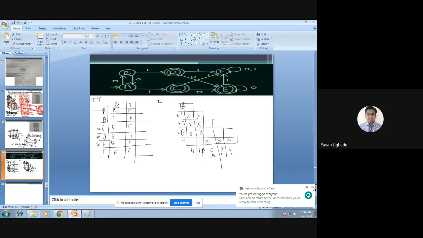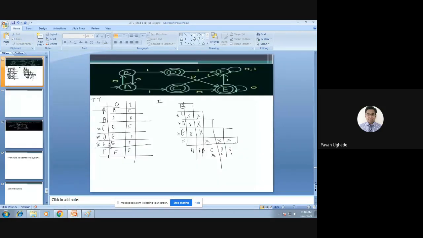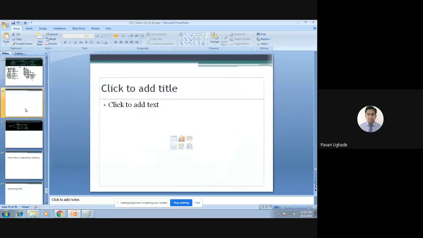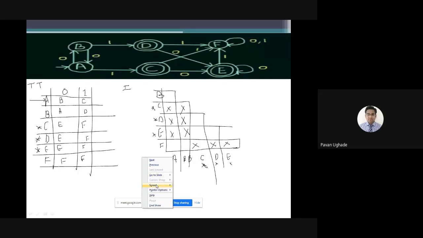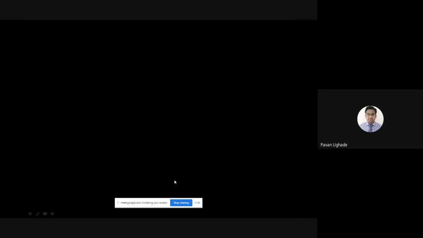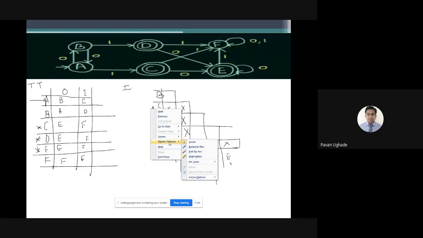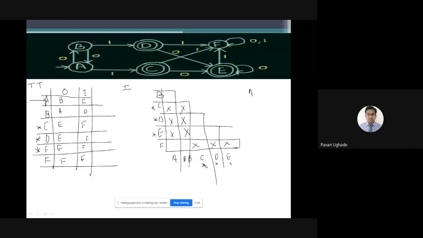Okay, fine. Now we'll take up step 2. In step 2, what are you supposed to do now? In step 2, I'll require this also. Once you get it, you take up which all the cells are blank. Just find it out. Okay, from here, which cell is the first blank?